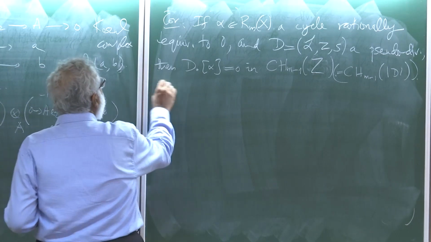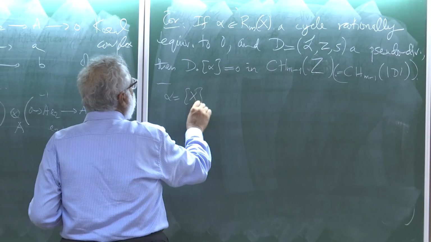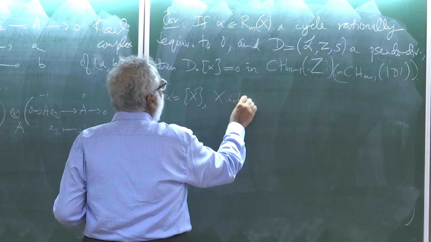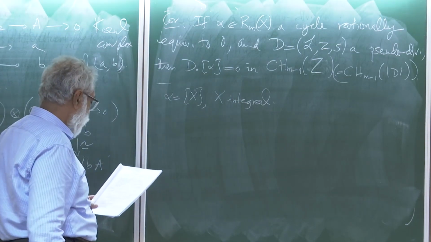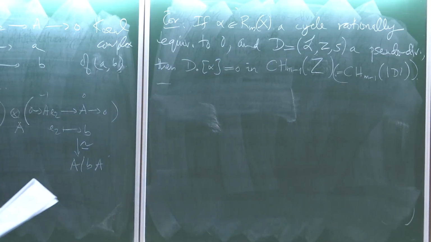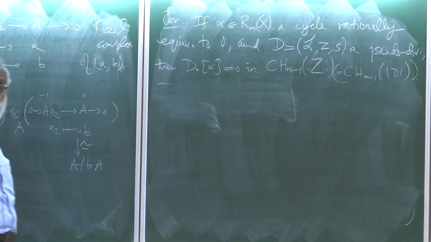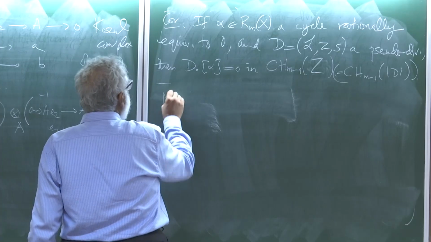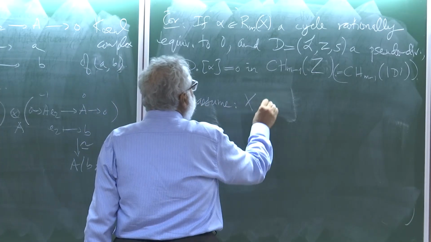So, to prove it, I might as well assume alpha equals x, where x is integral. No. That I can't assume that. If I could assume that, I'd be okay. I have to work a little bit. If a cycle is rationally equal to 0, the simplest version of that is taking an integral scheme and a function and the divisor of the function. So that's what I have to take. May I assume x integral